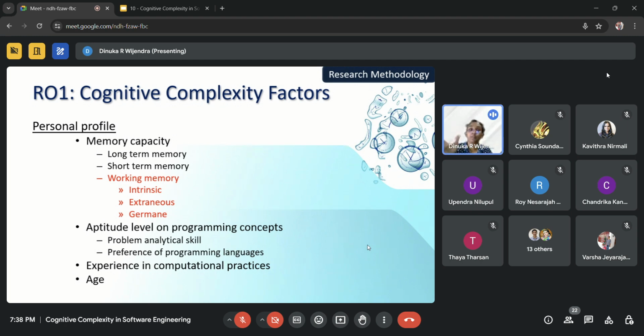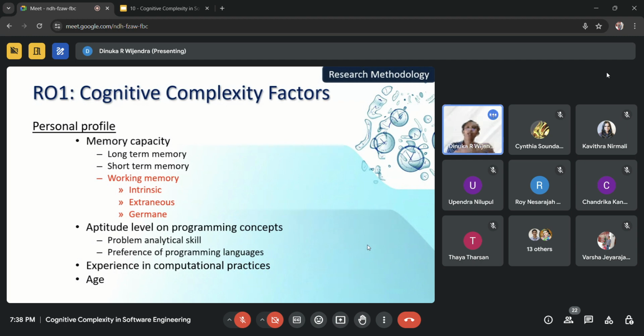Intrinsic cognitive load means with a source code, how much exact or correct information is flowing into your brain. Extraneous means with the source code, what are the unnecessary memories that you are dealing with. And germane means how much deep cognitive load you need to understand the source code logic. You might not know that one because, for your level, I guess it's too deep.